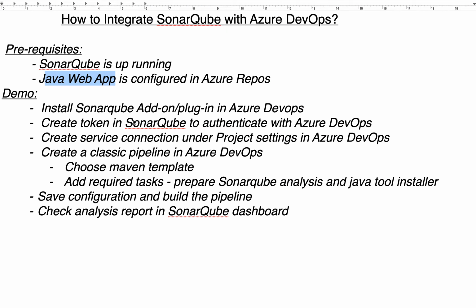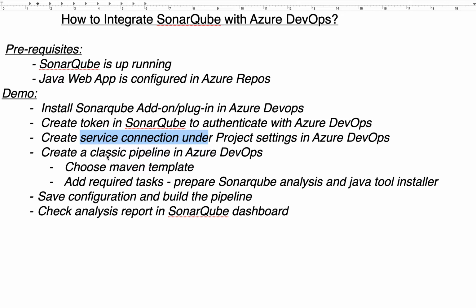All right. So if you look at the demo items here, yes, we need to have SonarQube up and running. We also need to have a Java web app configured. And then as part of the demo, we need to first install the SonarQube add-on in Azure DevOps. And then we are going to create a token in SonarQube because we need to authenticate from Azure DevOps into SonarQube. And then we are going to create a service connection under project settings in Azure DevOps, because once you have a service connection created, your pipeline can use that service connection in order to integrate with